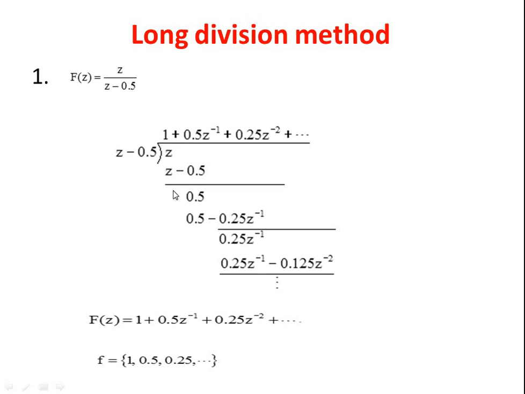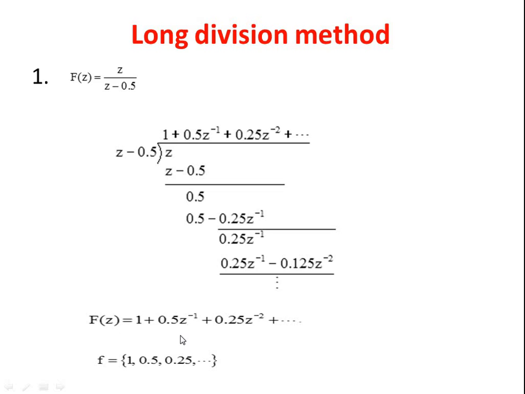At last we have the remainder part. So this is what the division means, right? But here we have another term with 0.5, and now we are trying to eliminate it. We are going to divide this in order to bring the remainder to 0. Our aim is to bring the remainder value to 0, so we keep on dividing the dividend by the divisor. And we can write this quotient as F of z, in the form of 1 plus 0.5.